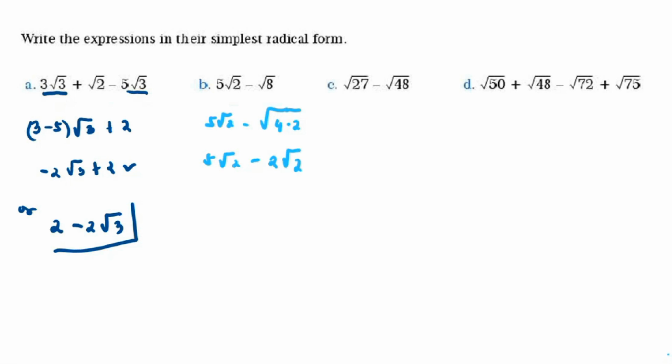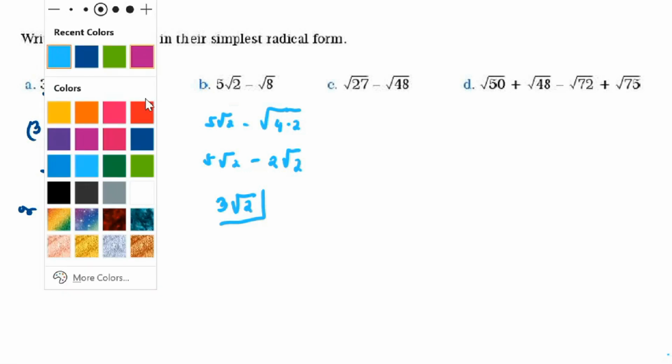Now it happened that they have now the same radicand and the indices, so we can simplify this one. So 5 minus 2 equals 3, and then copy the common radicand. We have now, the answer is 3 square root of 2. Okay, so the answer is 3 square root of 2. All right. Now next we have,